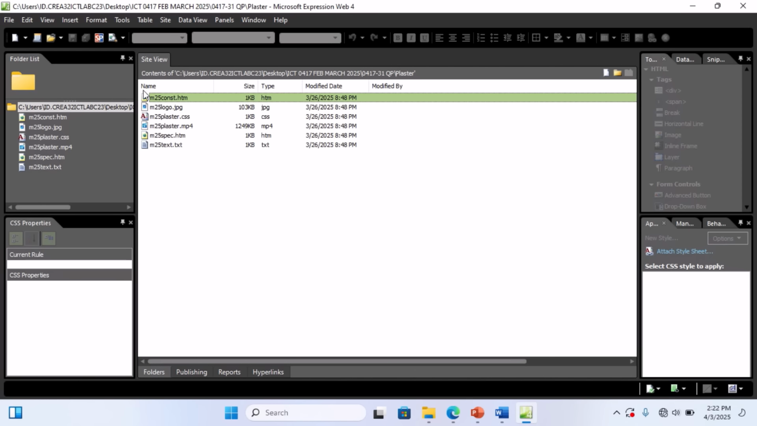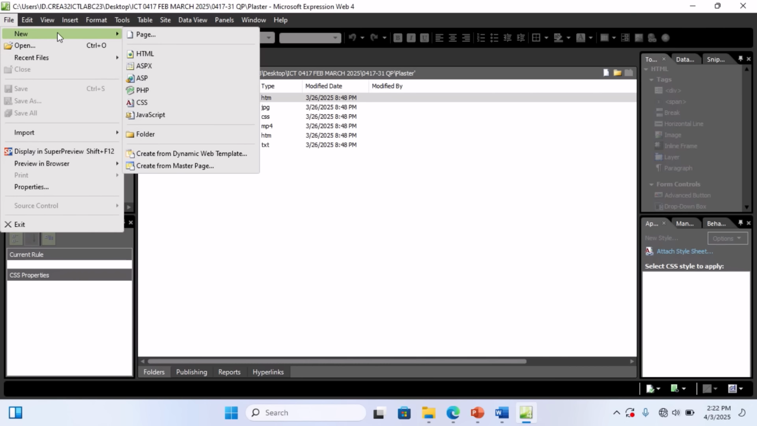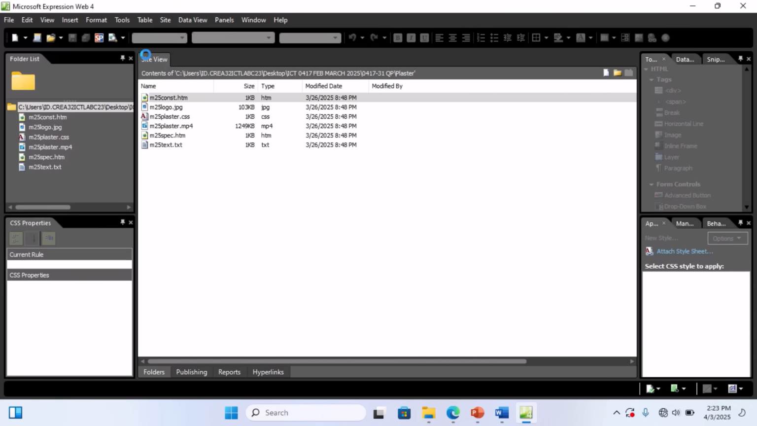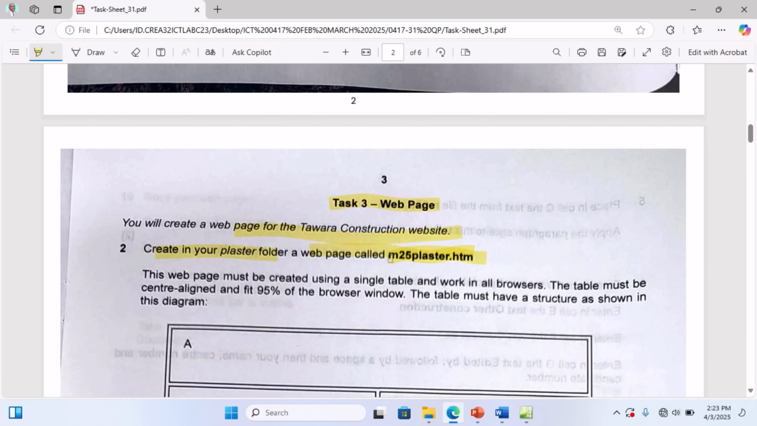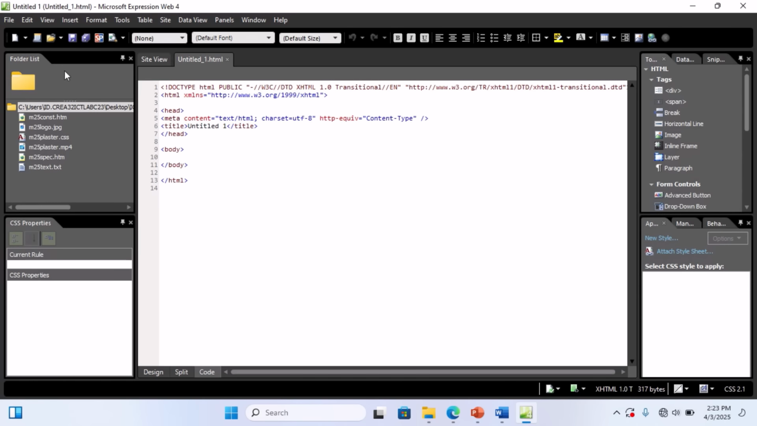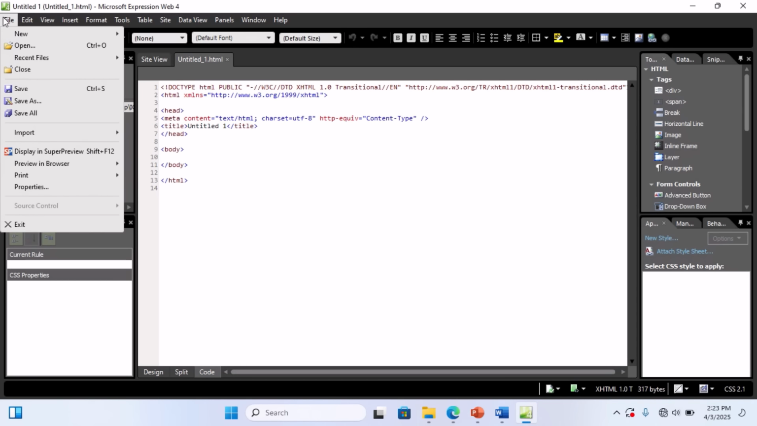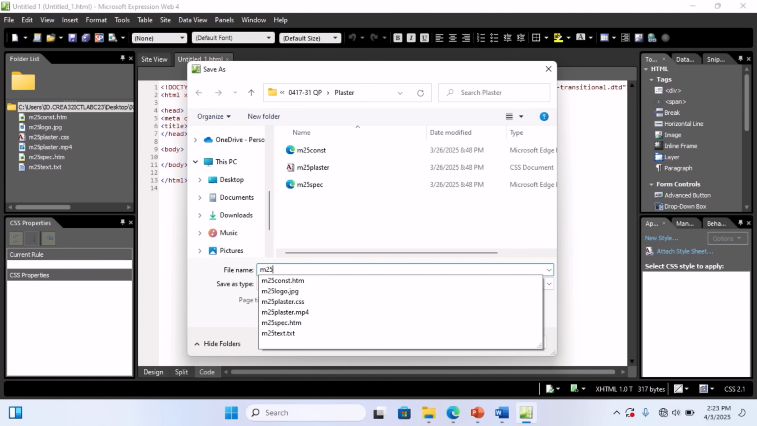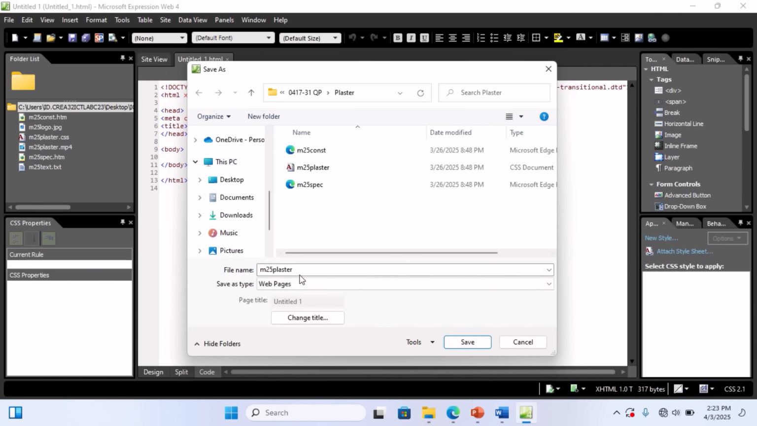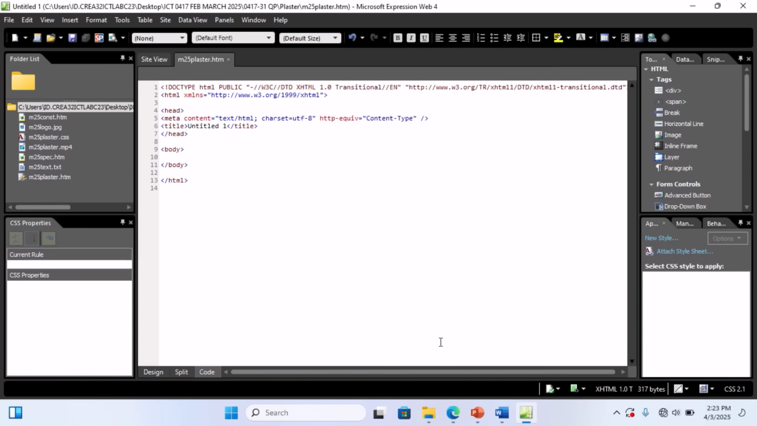After I have the site created, then the next thing is to go to file, new, and create the HTML page. Here's the HTML page. The question says that I should name it M25 plaster. Then I go to save as. It will be saved in the folder plaster, M25 plaster.htm, according to the instruction. .htm. I'll click on save. Then the next thing will be,